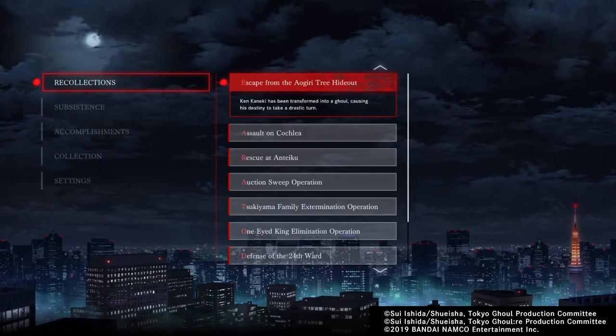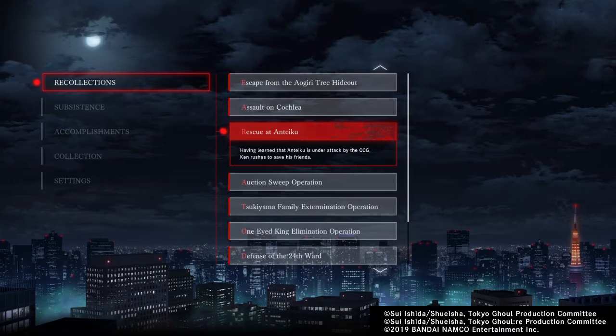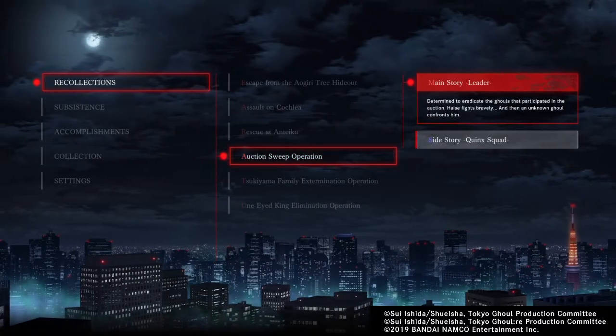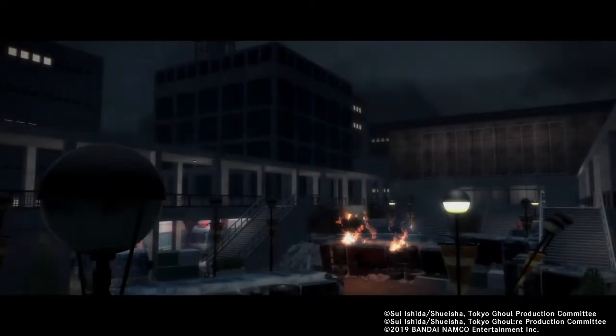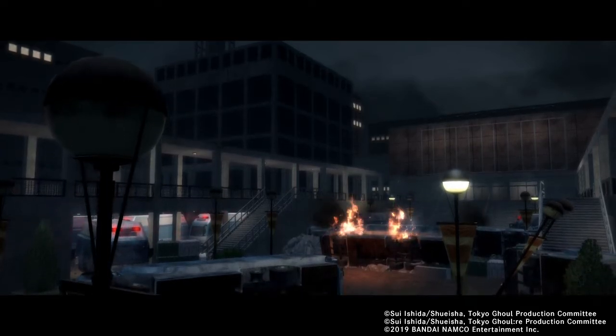So in the last episode we left off on Rescue at Ontaku. So now we're on the auction sweep operation. I should be able to do both of these in one episode. Alright,